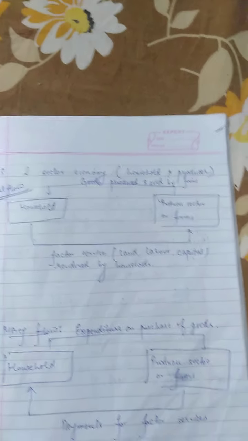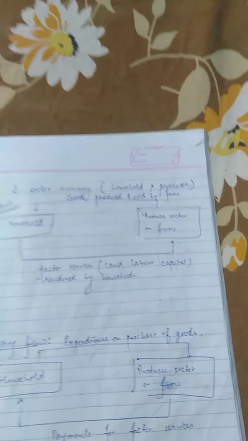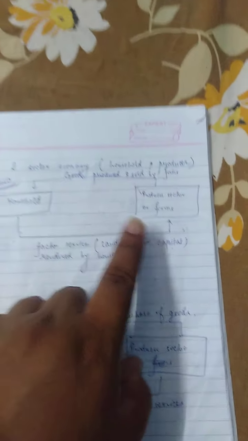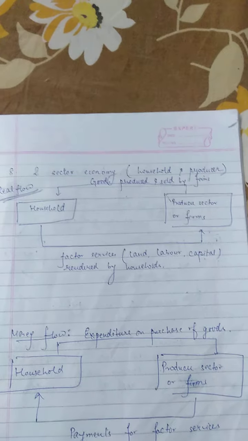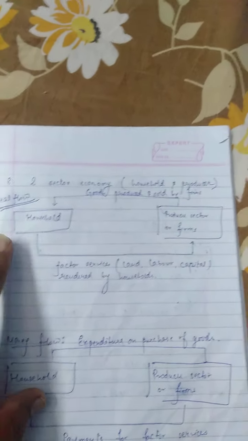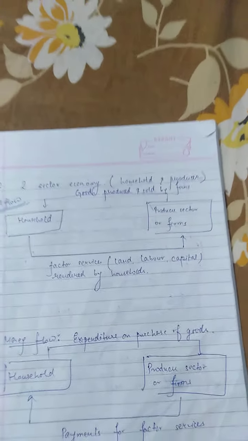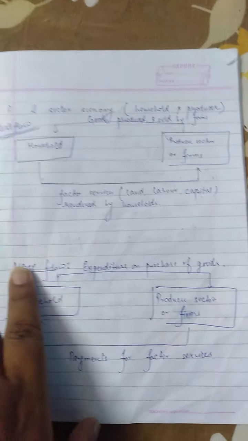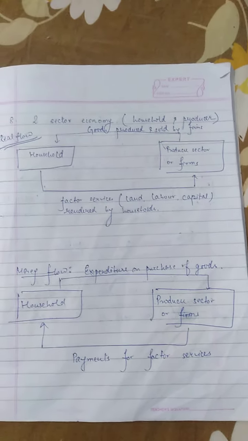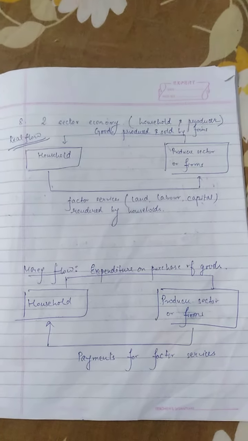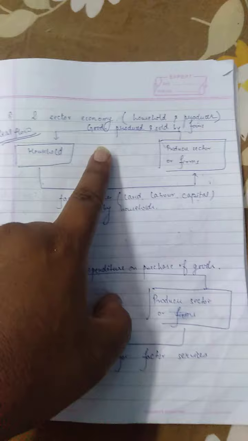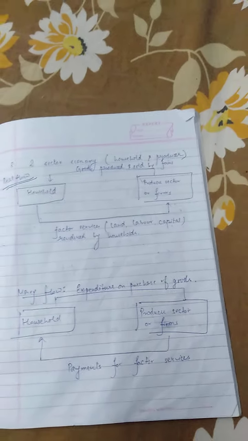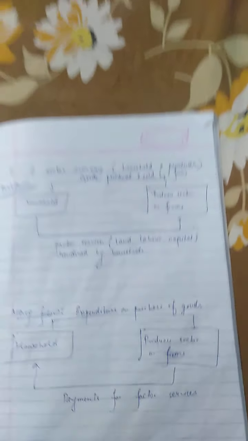Factor services are the kind of service which is regularly given to the producer. Please understand, when the producer produces a good and sells it, the household receives the good, while for producing these goods the producer uses the services of the household. So there is a transfer of service from households to the producer. Now, on the other hand, you see over here again the two sectors, household and producer, and this time we are talking about money flow, where there is a flow of money between these two sectors. Initially, when the producer produces goods and sells to the household, just imagine that when you receive some good, you generally pay for that good.